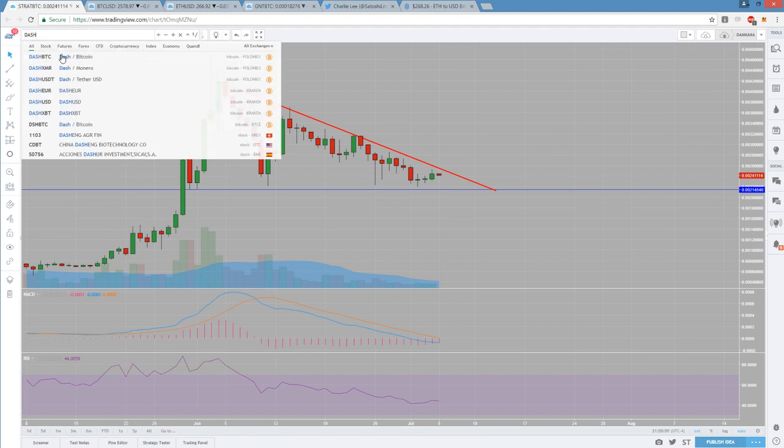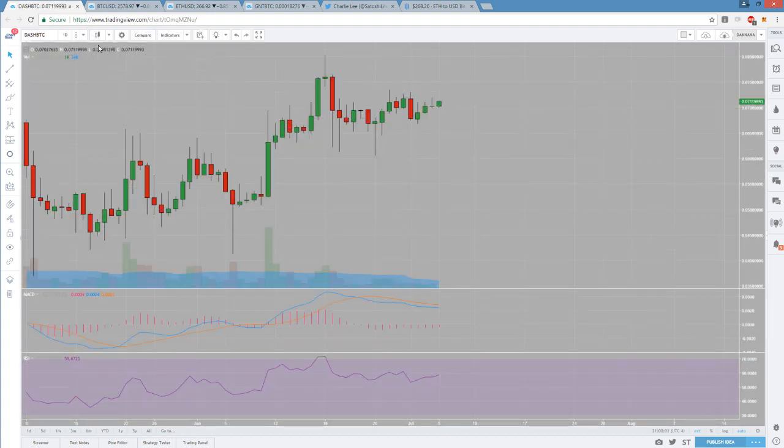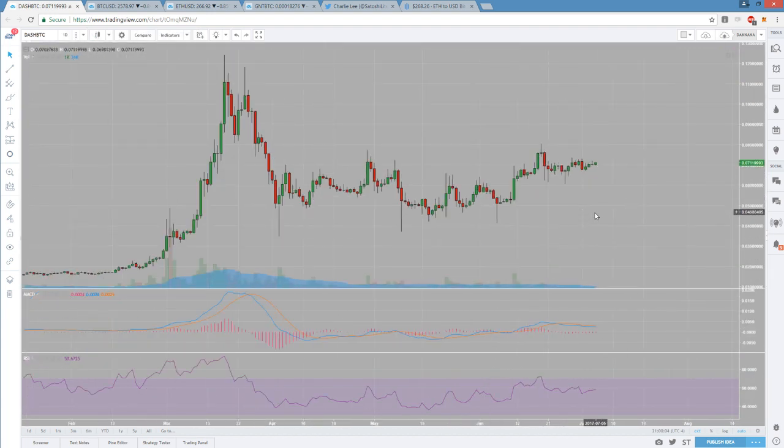Next, we're looking at Dash. We'll cover Dash Bitcoin, starting with the daily time frame, zooming out to see where we are coming from, and seeing that the bulls are forming higher lows and higher highs. So we had a significant pullback. We pulled back to 345, another higher low at 37, another higher low at 412, and then we broke the